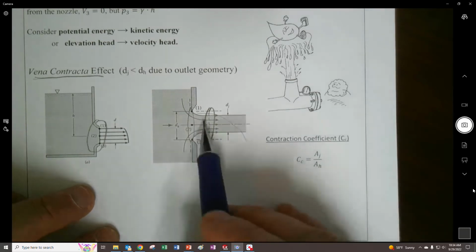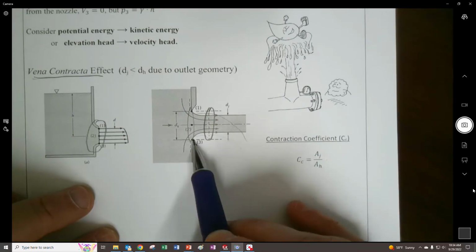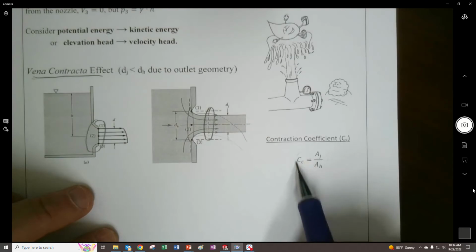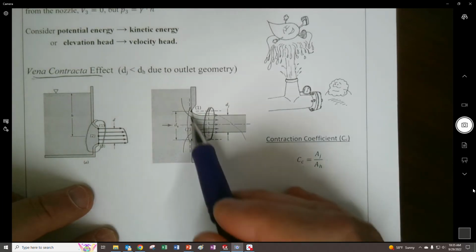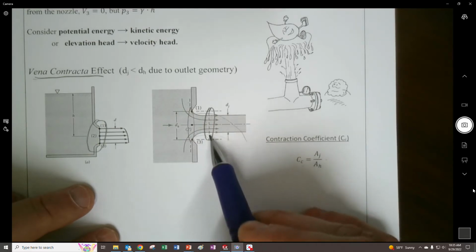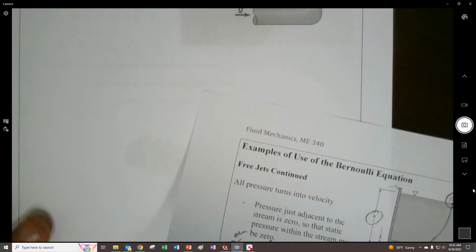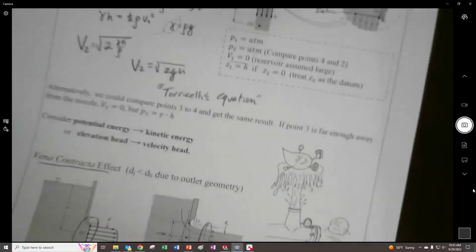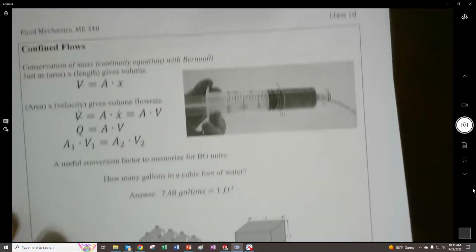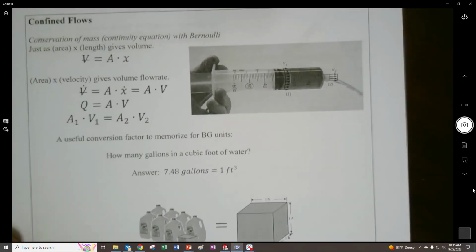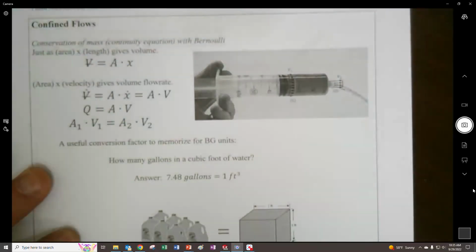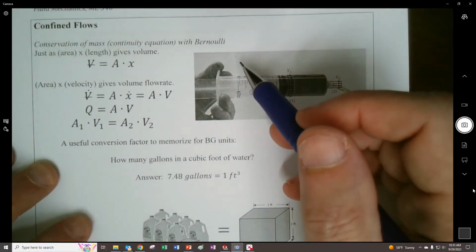And so if we know the area between here, we can just multiply, and this is going to be something that's going to be smaller than 1. So some fraction, some like 0.7 or something. And you would just multiply the area between here to get what the actual area is going to be. And we would apply that, I think I have these pages in the wrong order, but that's okay. Here we go. We would apply some of this with confined flows, which we already been using a little bit,